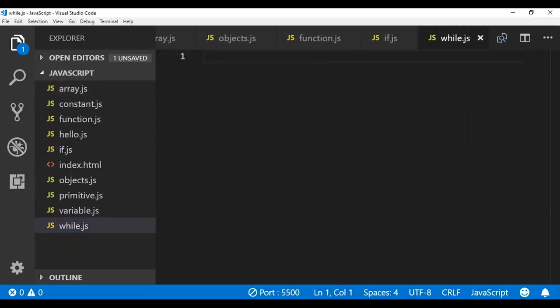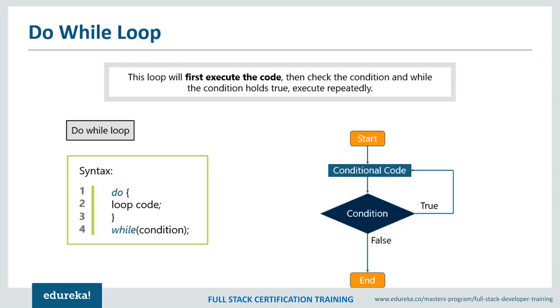So guys, before moving on to an example, let's discuss the do while loop also. Basically, do while is just a variant of the while loop. Now this loop will execute the code block once before checking if the condition is true. Then it will repeat the loop as long as the condition is true. Okay, so over here you can see the syntax. Within the do block you have some code.